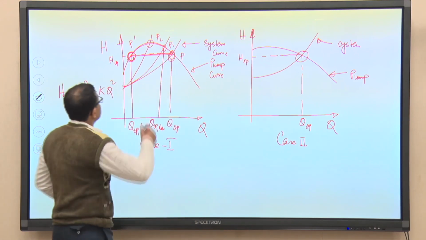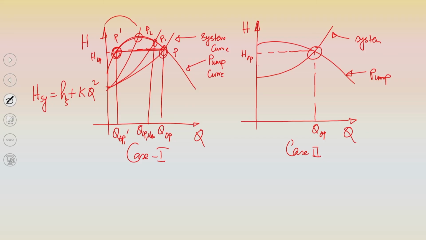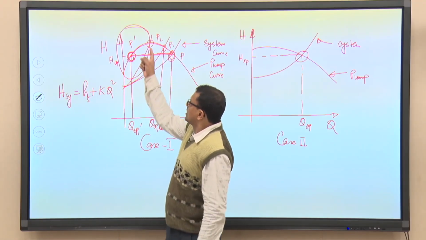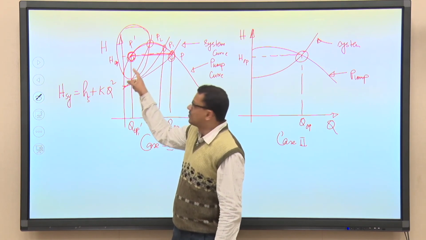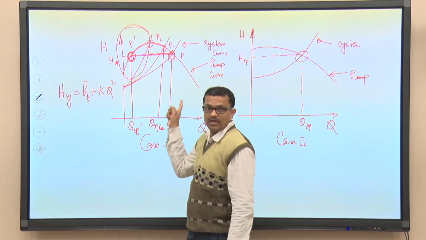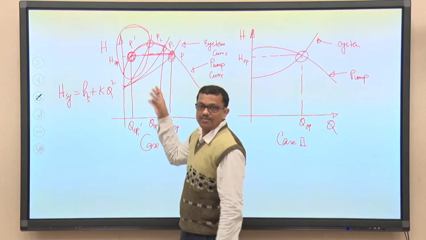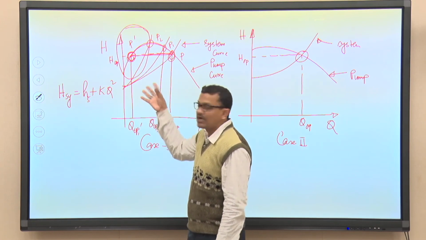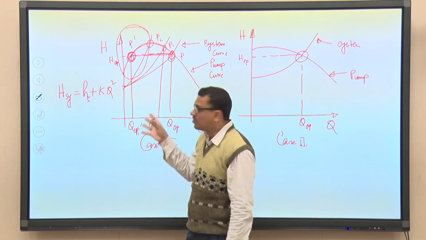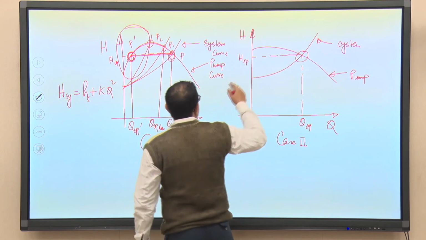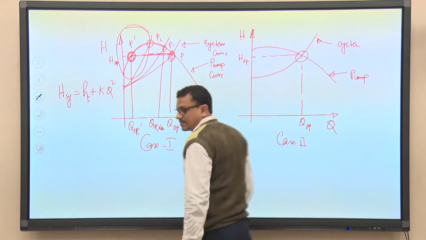To avoid that, this kind of characteristic of the radial flow pump is not desirable. Initially it is showing an increasing trend with Q and then further it is coming down. Instead, if we have this kind of characteristic curve, that is very detrimental from the operational point of view, and that is what we can see from this description. So, this part is not desirable, that is why it is always desirable to have a continuously drooping characteristic, right.